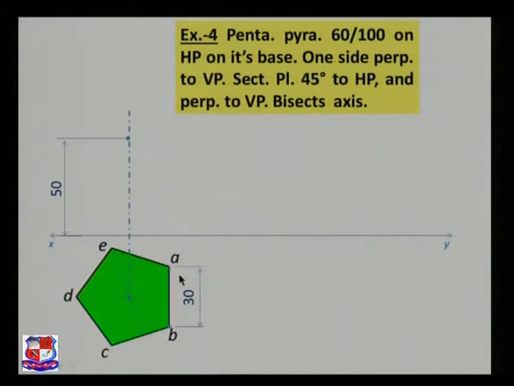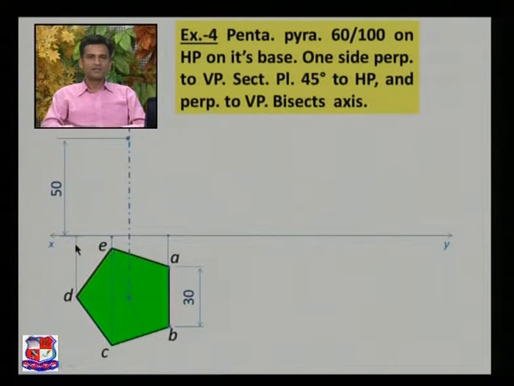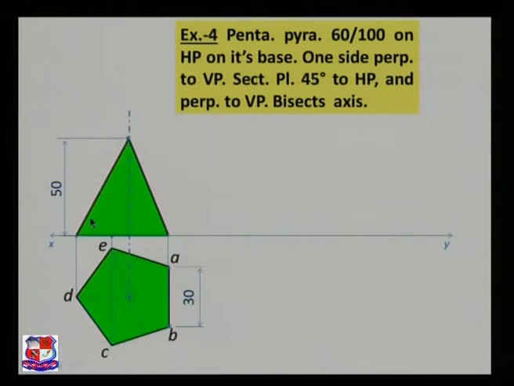Now take projections from A, B and D. From A, B here is the projection and from D here is the projection, and join these endpoints. This triangle represents the front view of this pentagonal pyramid. Now locate the position of E and C. For that, draw a vertical line from E and C up to the base and join those points E dash and C dash to this apex point. And as OC will be visible to us, OE will not be visible, hence we represent this with a full line. Now it is given that we have